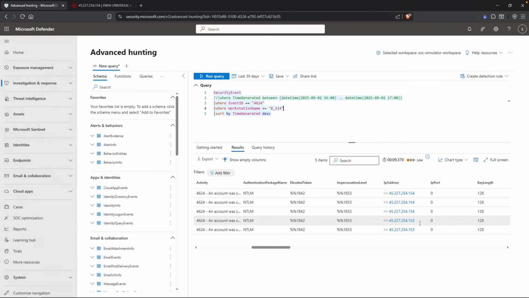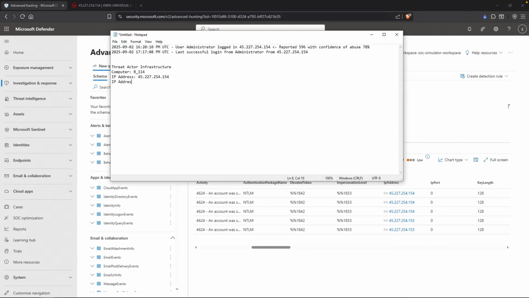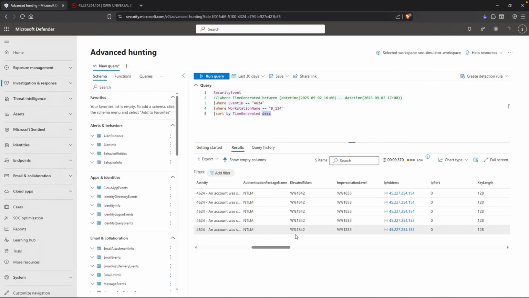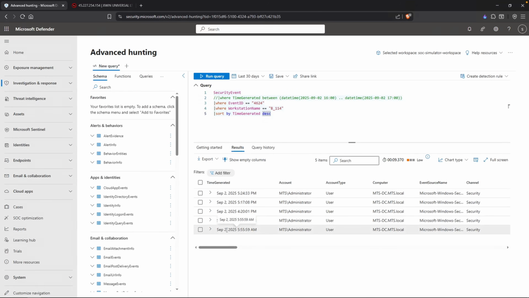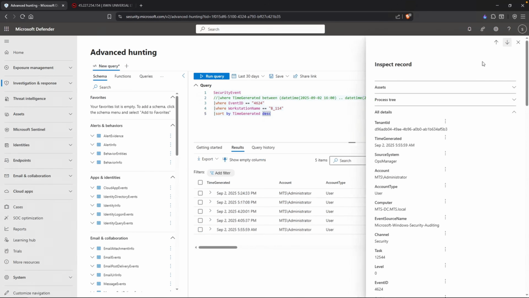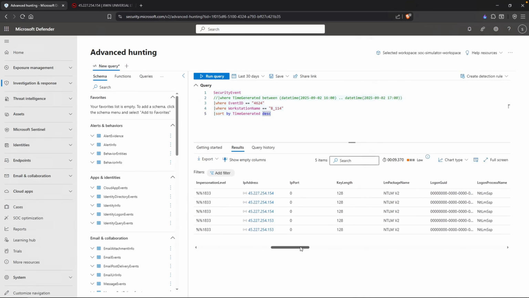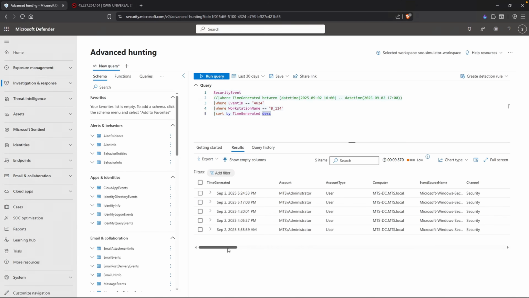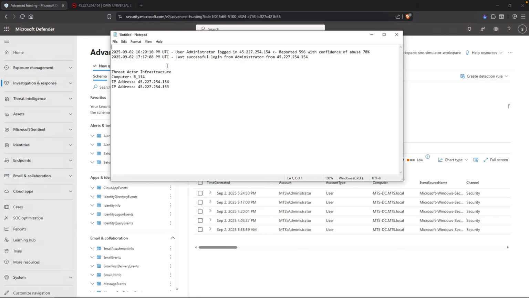There is another IP address that we weren't aware of. That is so cool. Let's go ahead and put it into our notes here. 45.227.254.153. This is perfect. When did this happen? Okay, this occurred at September 2nd, 5:55 a.m. Ooh, so that means we found an earlier event. Okay, I'm loving it. This is why we start building a timeline. That way we can follow the chain of events. 2025 0902. This happened at 5:55:59 a.m. UTC. The user administrator logged in from